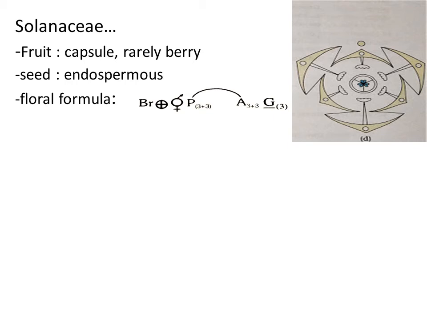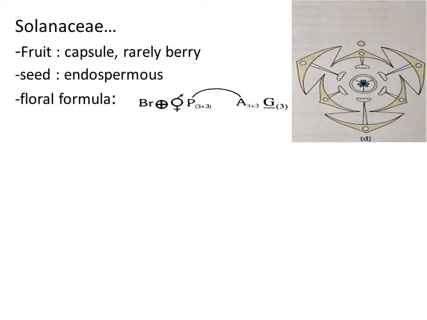Next, let us come to the whorls of the flower. So the whorls of the flower consist of tepals. So there are 6 tepals present. So if there is no distinction between the sepals and petals, such a condition is called perianth, right?